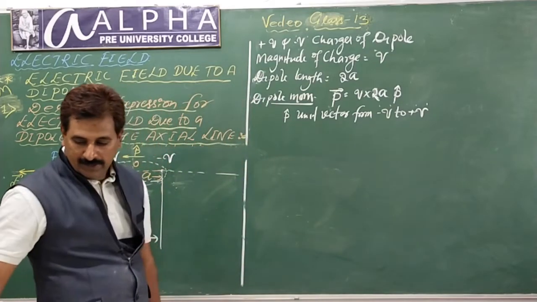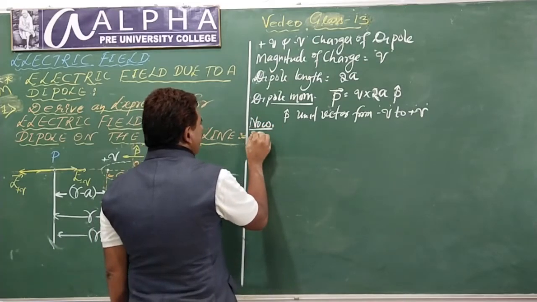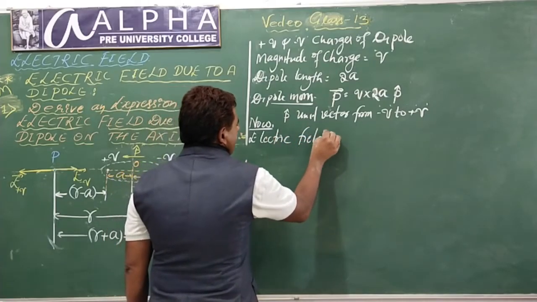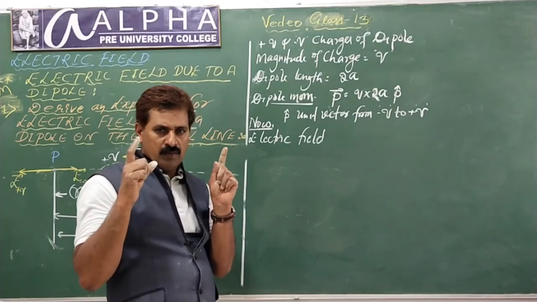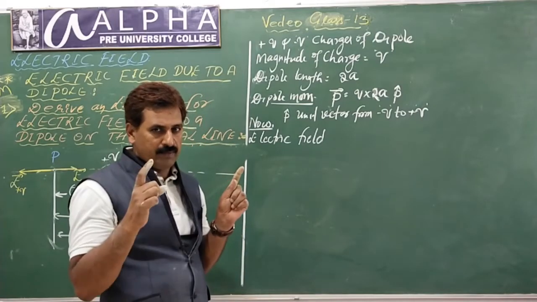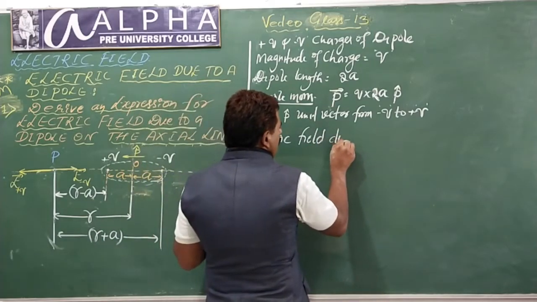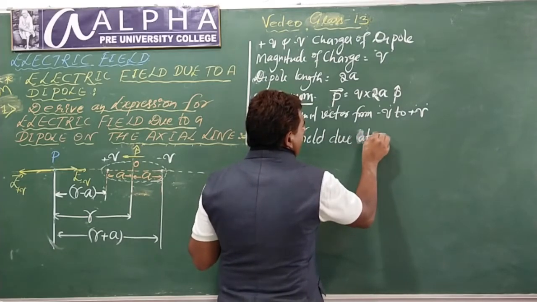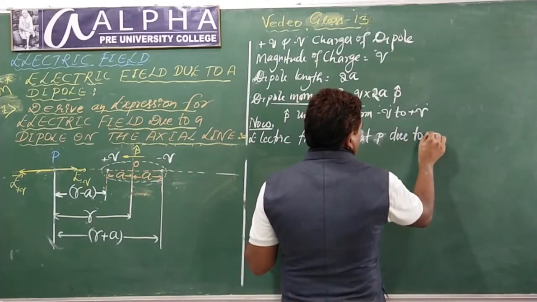Now, I am going to write these two expressions. First one, very simple students, follow me. Electric field, you just observe once carefully. Next time, you sit along with a pen and a notebook and go on doing it on your own, very simple. You have to keep these two points in mind. Electric field at P due to plus Q charge.